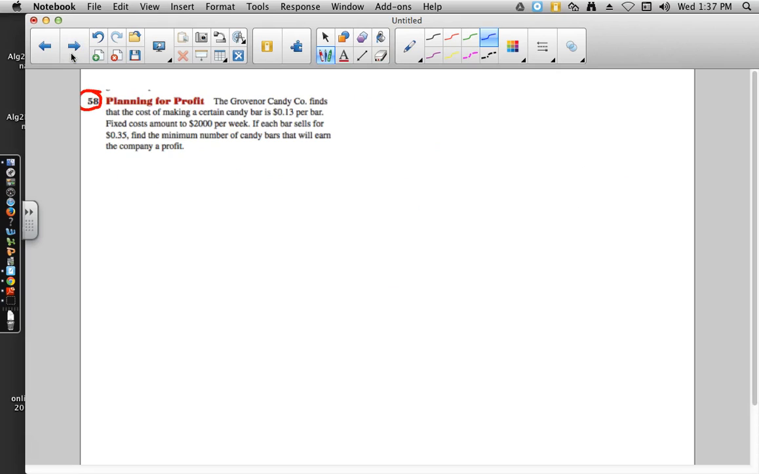Number 58. The Grosvenor Candy Company finds that the cost of making a certain candy bar is 13 cents per bar. Fixed costs amount to $2,000 per week. If each bar sells for 35 cents, find the minimum number of candy bars that will earn the company a profit. Well, profit comes from revenue